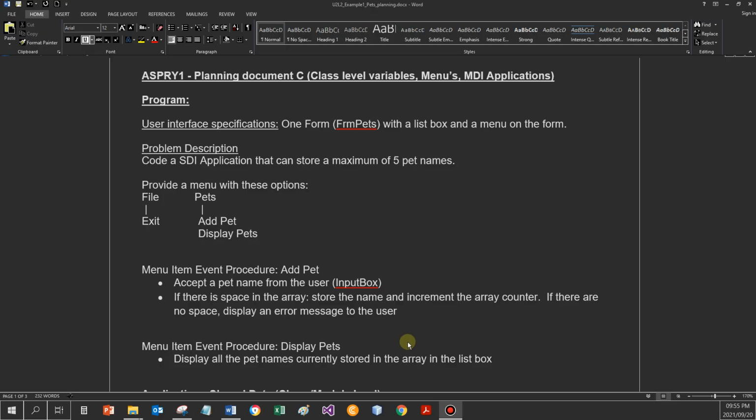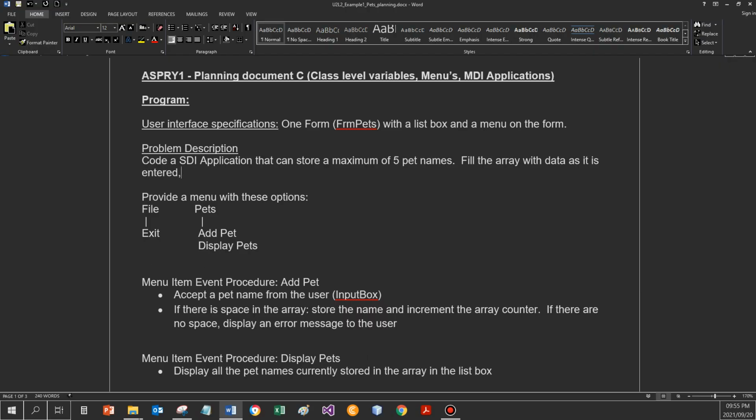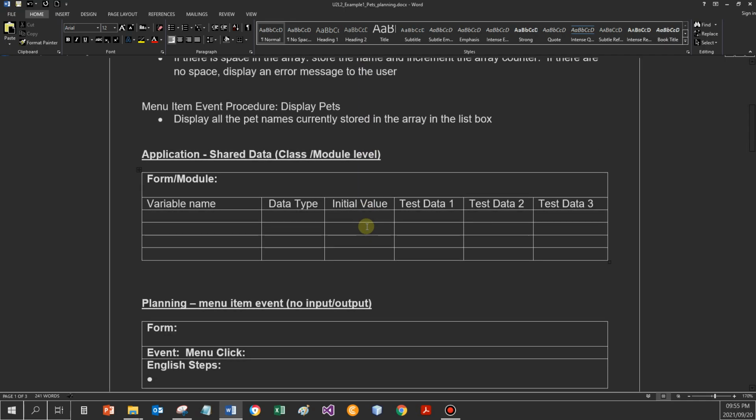Menu item event procedure, display pets: display all the pets currently stored in the array in a list box. So I can maybe fill the array with data as it is entered. Hey, we're going to use a filled array. Okay, so if I can have a look at the